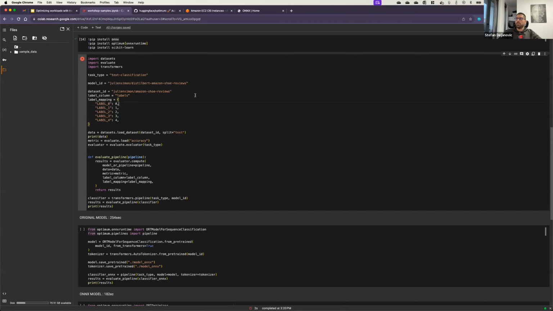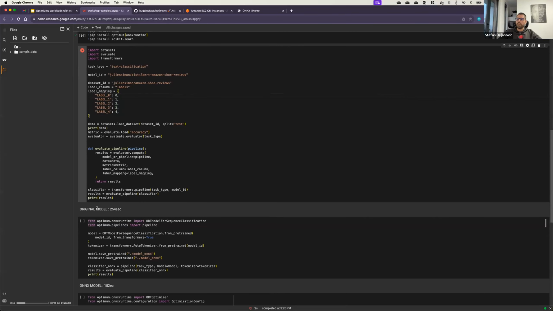The original model took 254 seconds to evaluate, with an accuracy of